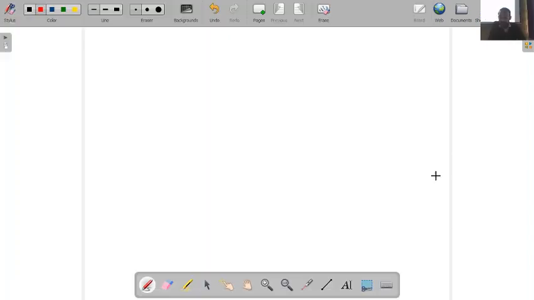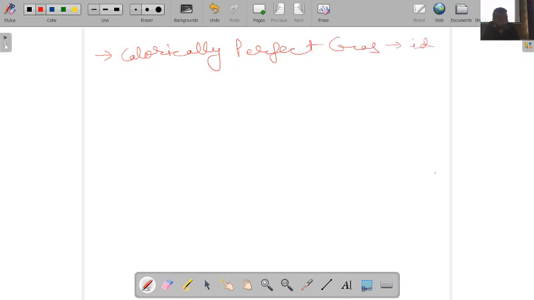Okay, good morning. So, in the previous lecture, we discussed the flow regimes, and specifically we talked about subsonic flow, transonic flow, supersonic flow, and hypersonic flow. Apart from that, we have also studied the fundamental equations for the ideal gas, and there we have seen that the very first type of gas we call calorically perfect gas. So calorically perfect gas is nothing but ideal gas having